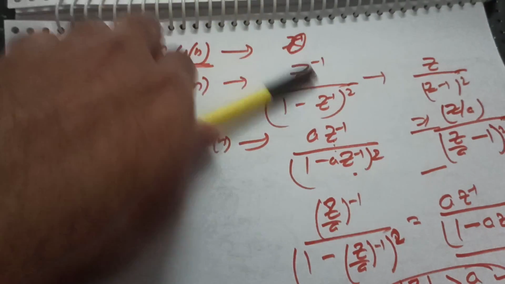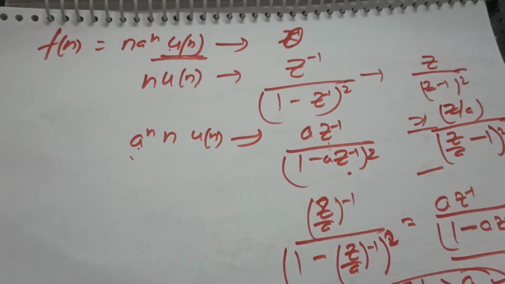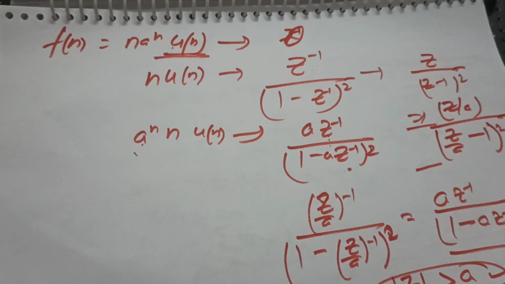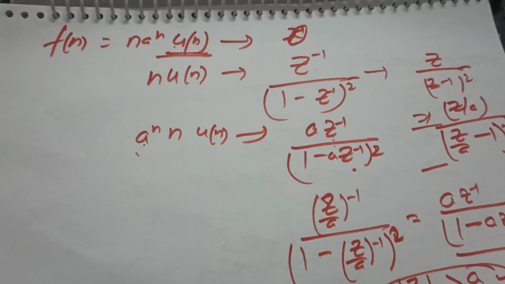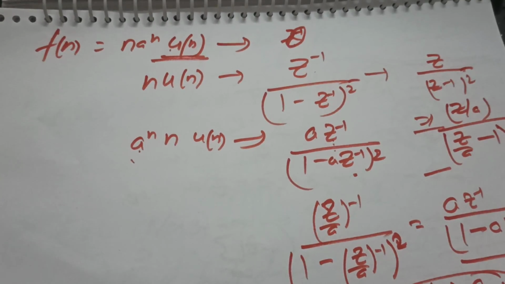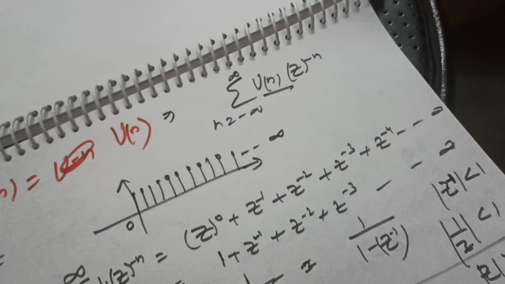Now, coming to our function, I will discuss the system function with the help of some examples, that how we can deduce the Z transform of these basic functions. Now, let us consider u[n]. I would like to go a few pages back. Yes, have a look at this. This is u[n].